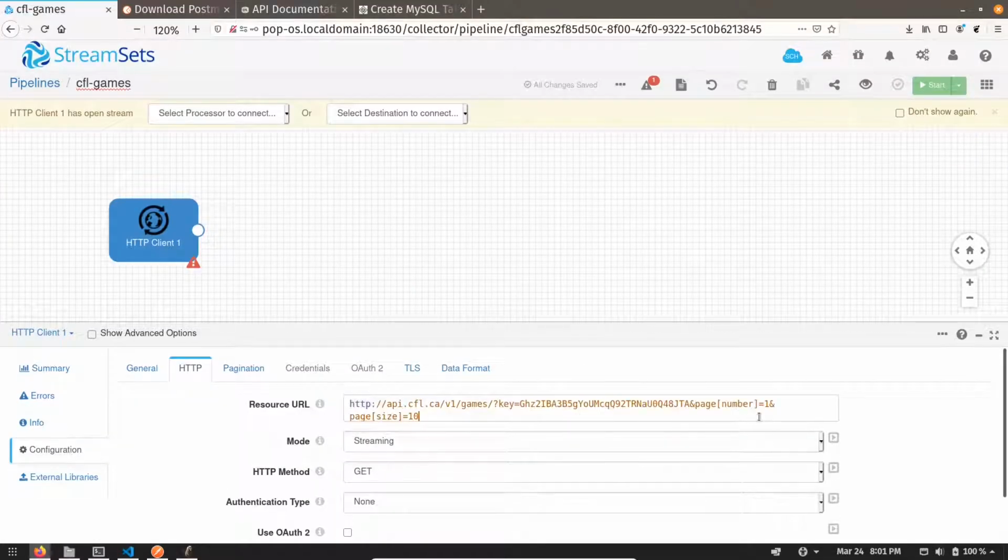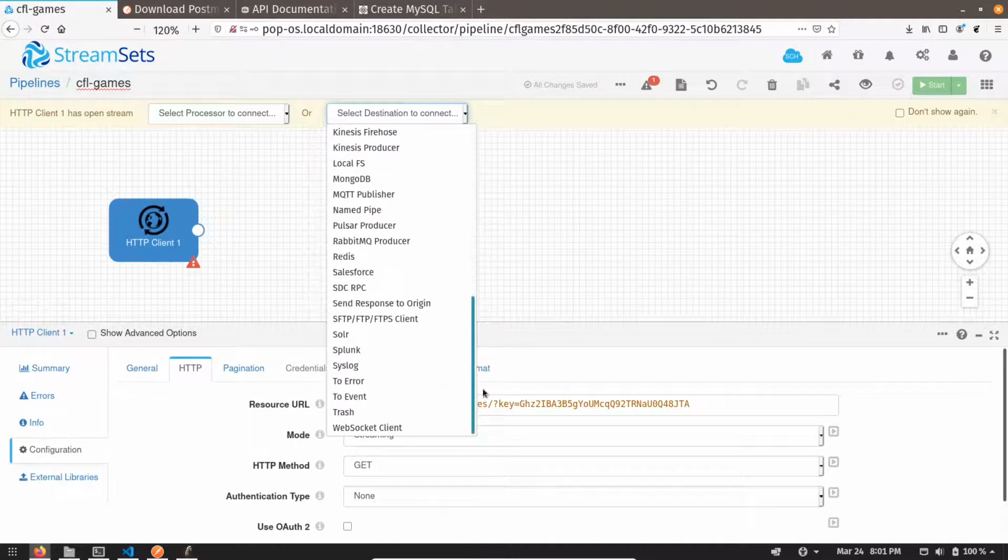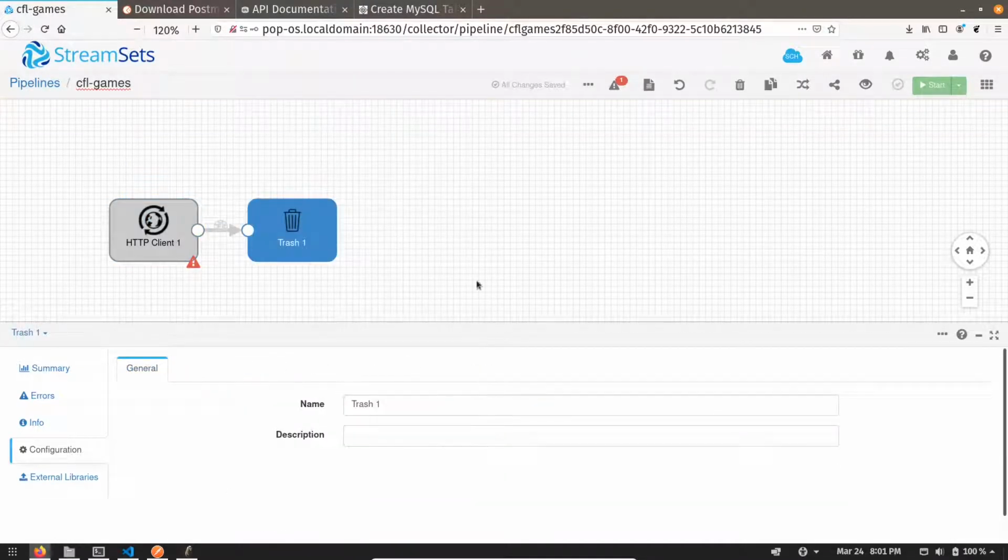For testing, let me remove these two query parameters. I'm going to run this API endpoint without pagination and see what happens. Before running it, I need to add a destination, so let me add Trash as the destination. Now let me run this.